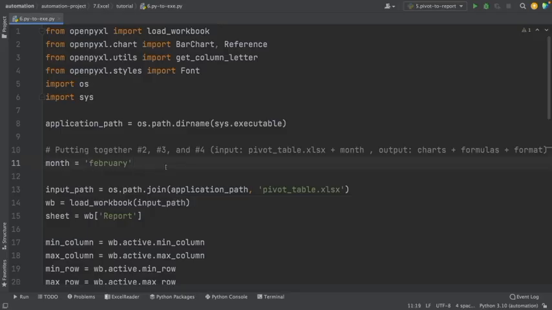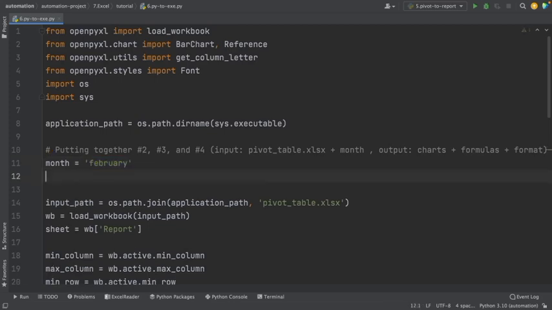All right, now to customize our automation even more, what I'm going to do is ask the name of the month. So instead of just setting the name of the month, I'm going to write month equal to, and here use the input function. So instead of just writing the name of the month, every time we want to run this executable file, we're going to ask the name of the month. So I'm going to write here introduce